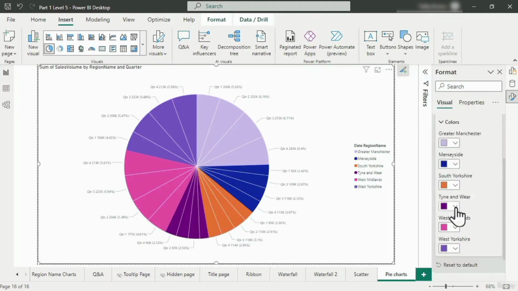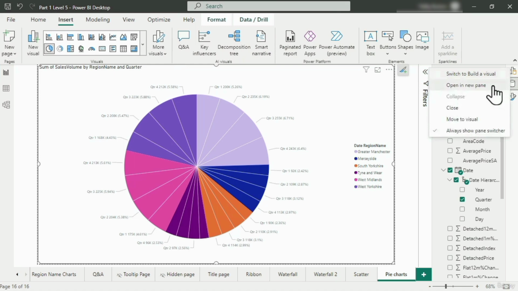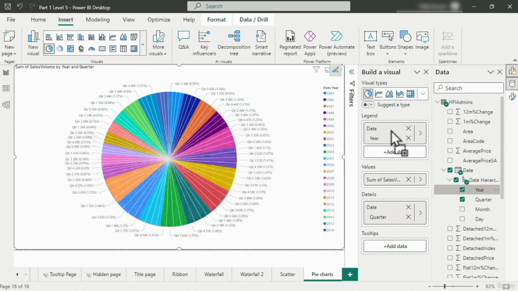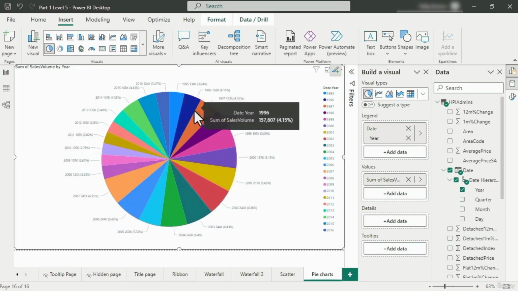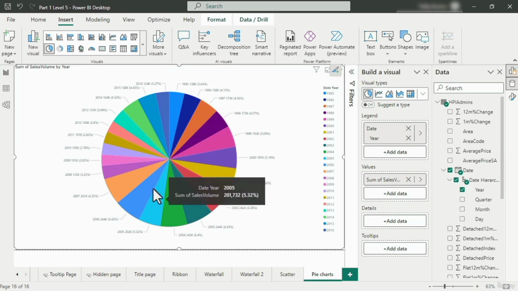And that's about it. And it's a bit disappointing in terms of the functionality. For instance, what if you had 20 items? So I'll change this from region name to date, year. It gets very crowded very quickly. Now, in some other places, some other programs, you could say, I want the top 10 to be shown separately and everything else to be grouped together. That is not yet possible in